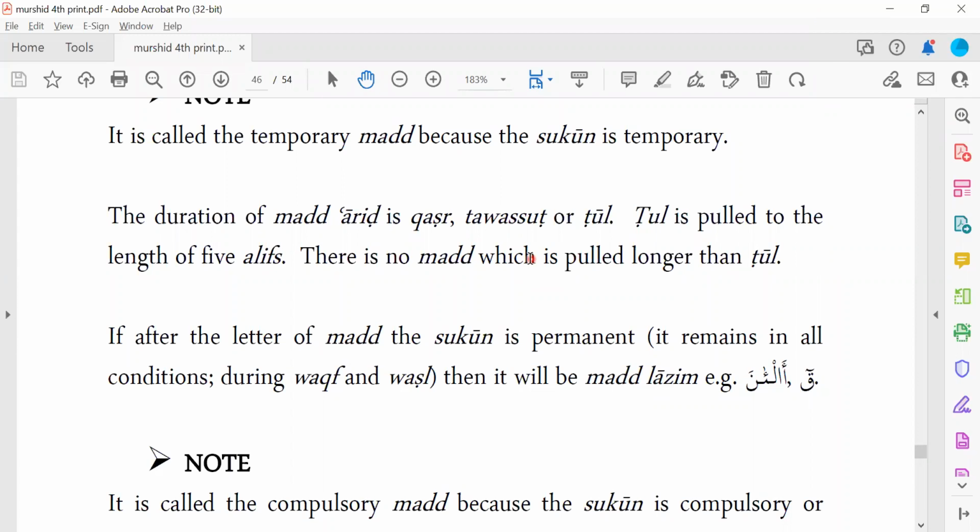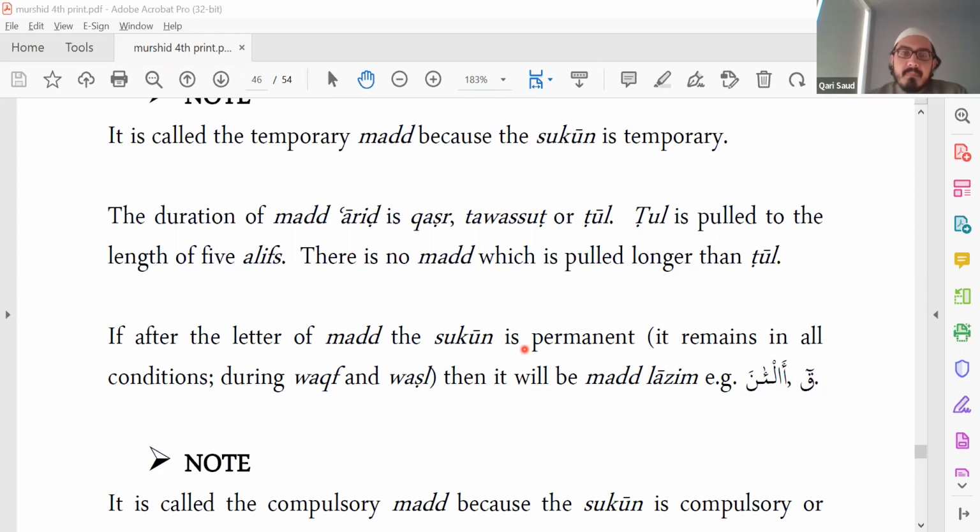Right. Thank you. I have a question. Yeah, go ahead. Do we only use the mad for qasr, or can we use it for alif, qasr, and dhamma? Sorry, one more time, I didn't get you. Can we use the mad for alif, qasr, and dhamma, or can we only use it for qasr? I think what you're asking is if there's an alif there, or waw, or a yaa. So it doesn't matter.